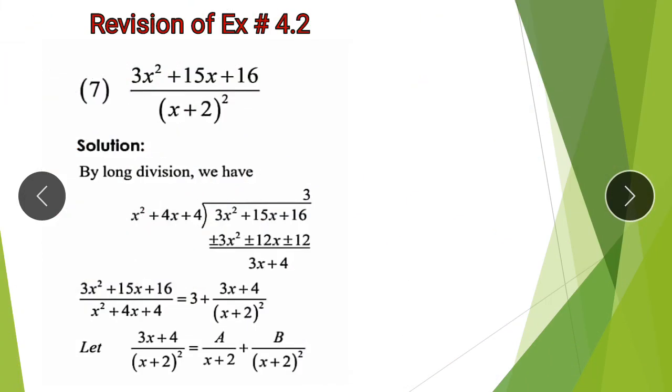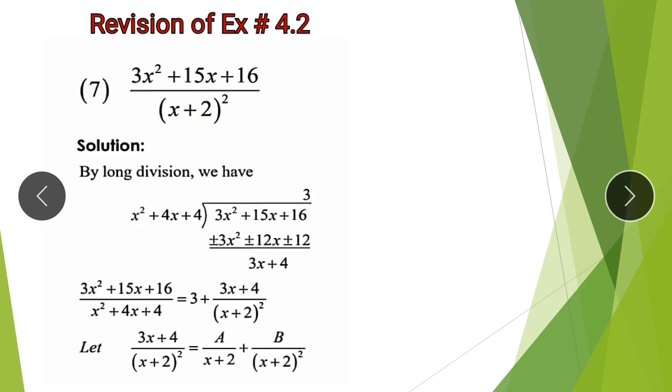Here we have exercise 4.2. Let's revise question number 7 here. We are going to resolve this single fraction into partial fractions, but before making the partial fractions of it, you must see whether the fraction is proper or improper. As we know, the single or resultant fraction is always in its simplified form. So if it is not in its simplified form, we must simplify it by division,